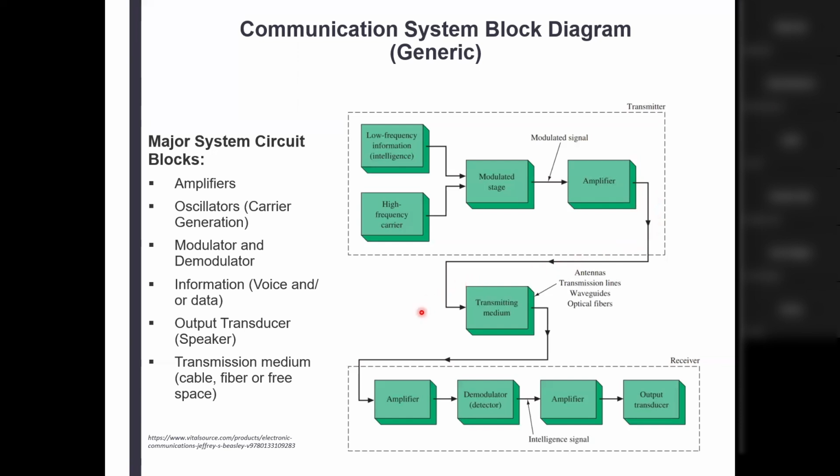And there will be another transducer here, which would be another antenna, which would convert the electromagnetic waves into electrical signals. And all that has to be amplified, processed, amplified again if necessary, and shot through the output transducer,